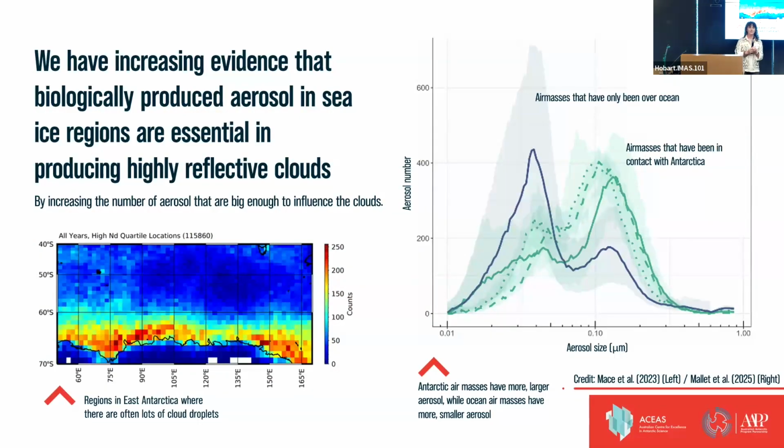as part of our work at the AAPP, we have increasing evidence that it's these biologically produced aerosols that are being produced in highly productive sea ice regions of Antarctica that are essential in producing these highly reflective clouds, these highly reflective supercooled liquid water clouds. So I have two plots here. The first one here